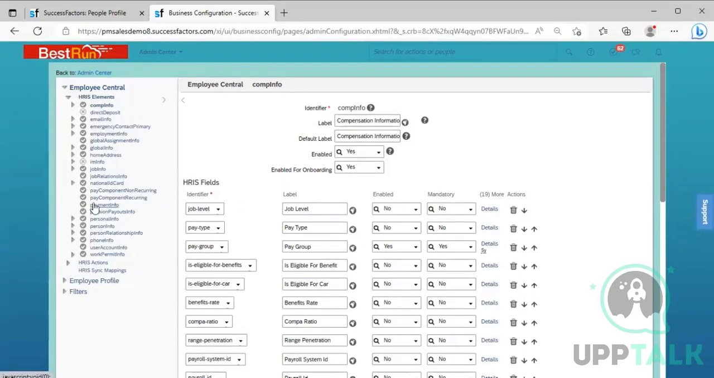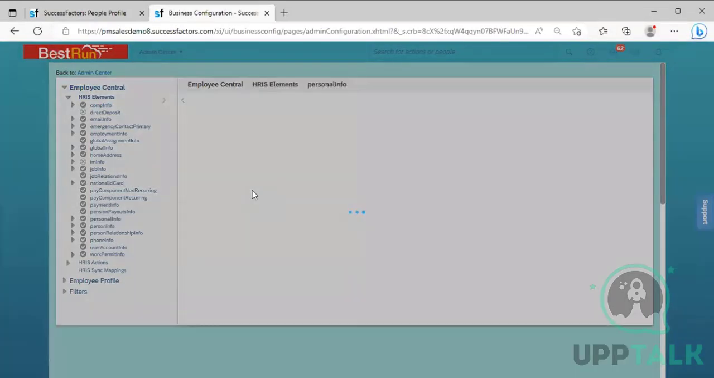All these are the HRIS elements. So these HRIS elements are nothing but the portlets in the employee profile. If I want to go to, suppose here you can see comp info is there, compensation, email info is there, then home address is there, job info is there, all these are there. And then when you go into personal info,